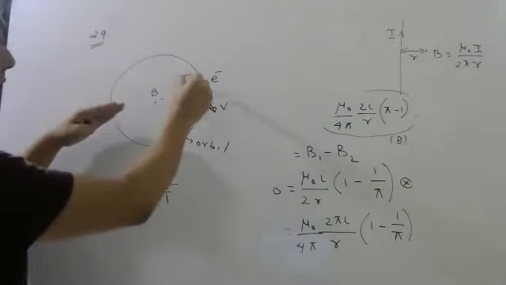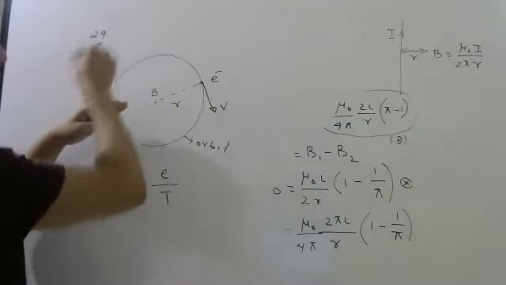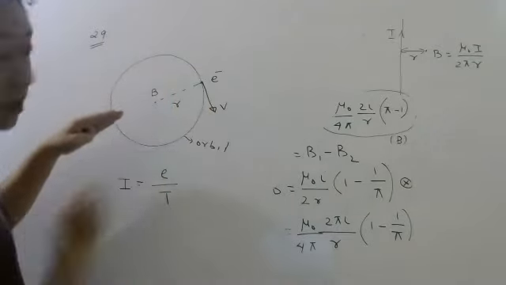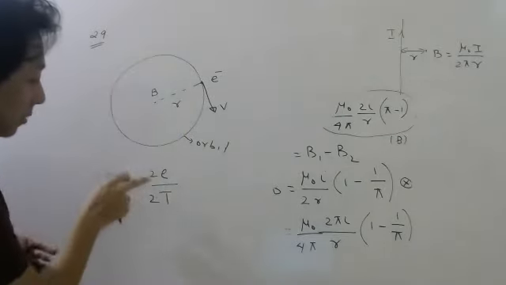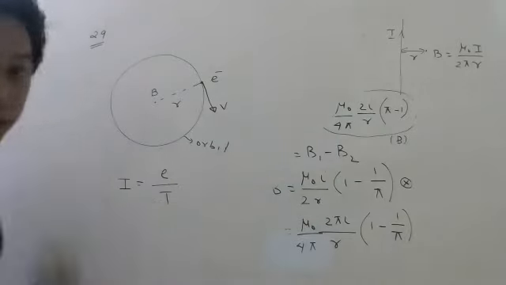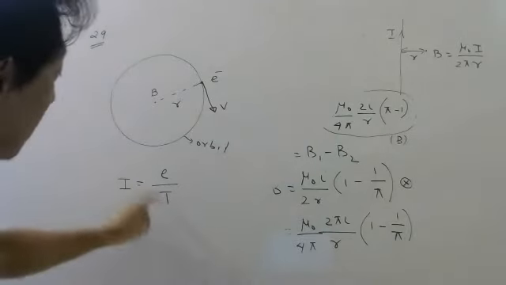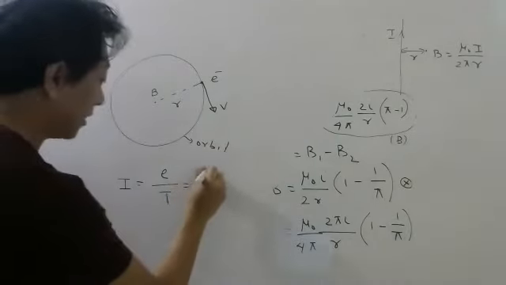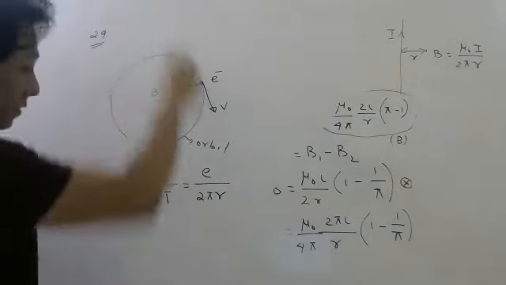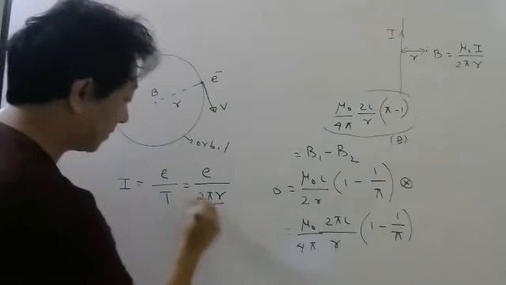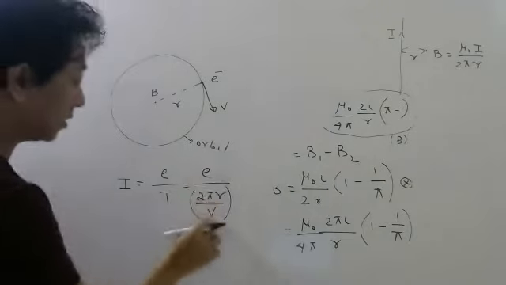So if you wait for time period, you can see one electron will cross, charge e. If you wait for two time periods, two electrons will cross. So answer will be same only. Okay, so the current is charge divided by time period. Charge is e, time period is distance 2 pi r divided by speed. Speed they have given, no? So this speed will go up.